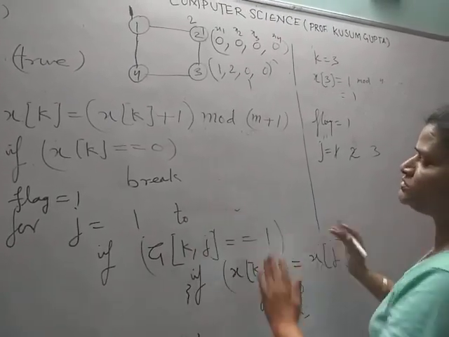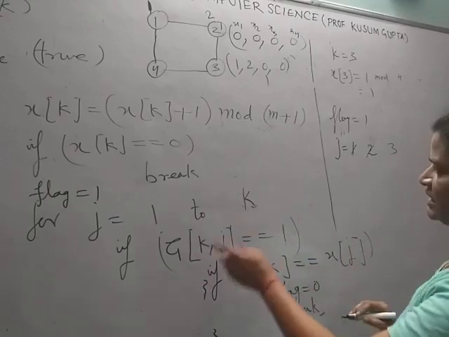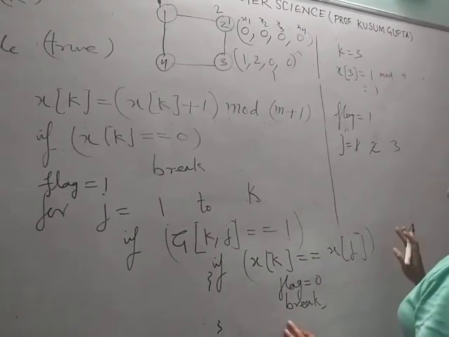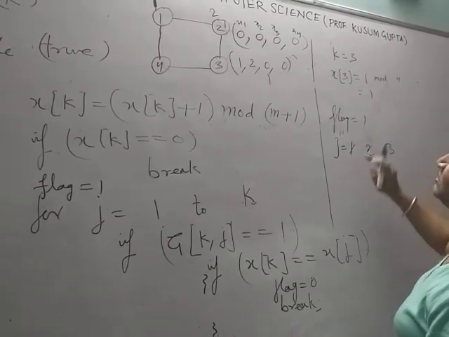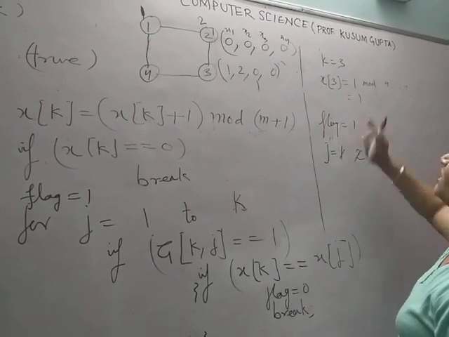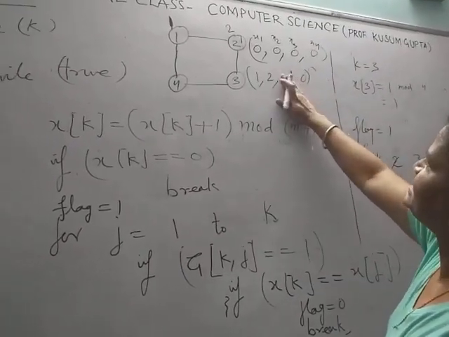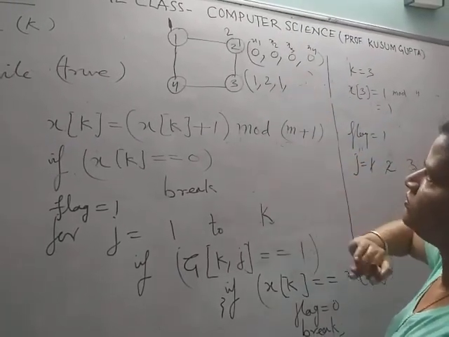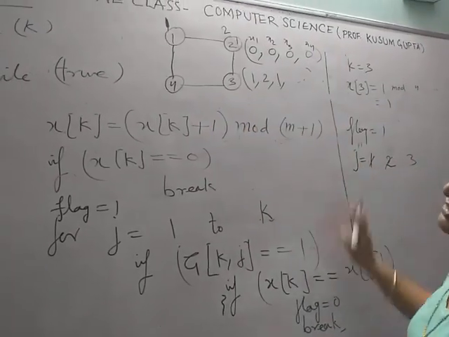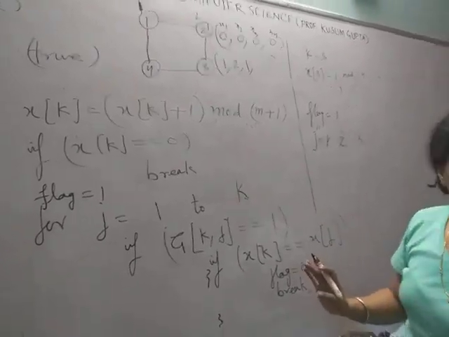Here you can take this loop as 1 to k also, and it will reduce the time. J is equal to 1 to k, and then 3. So it means the proper color for the third vertex is 1. The same way it will generate for the fourth vertex. Okay. Now